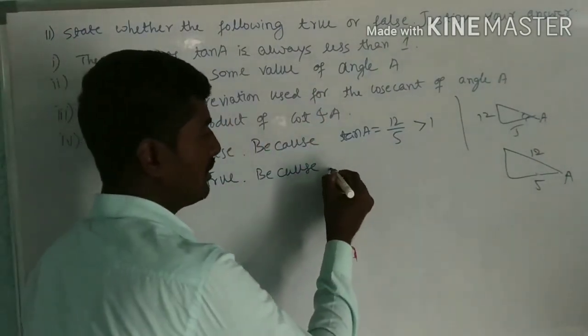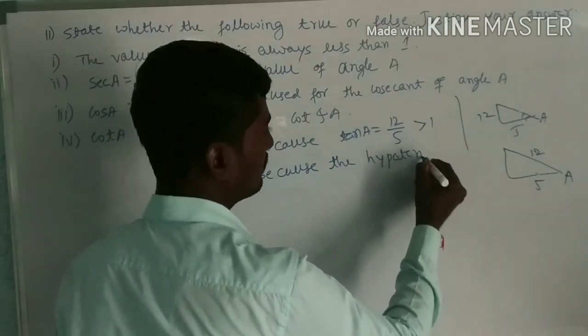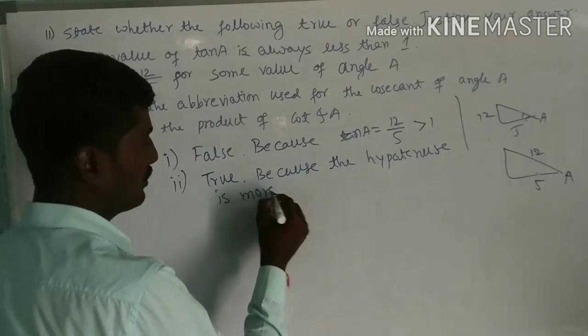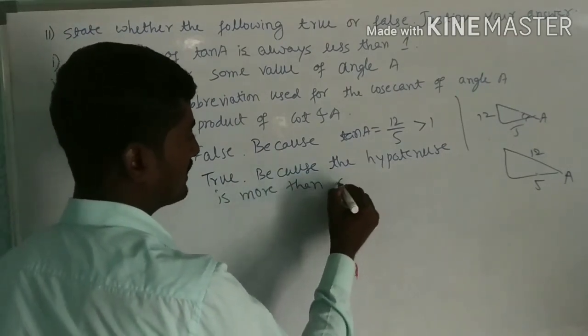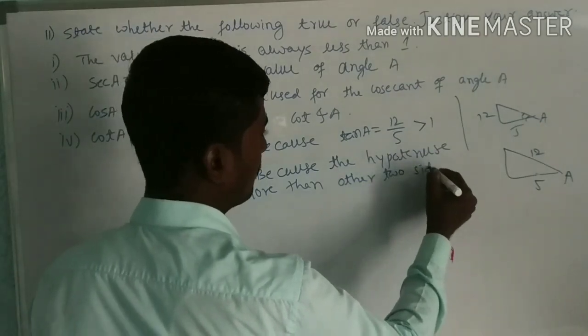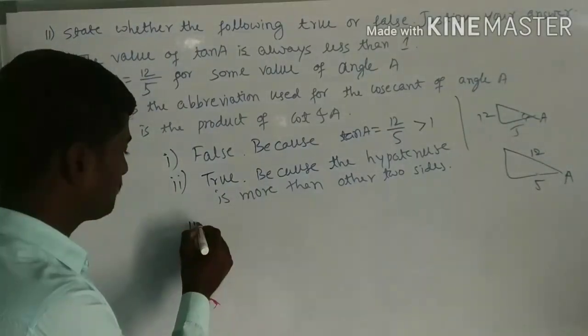Because the hypotenuse is more than the other two sides. This is the reason I can give. Then third one,